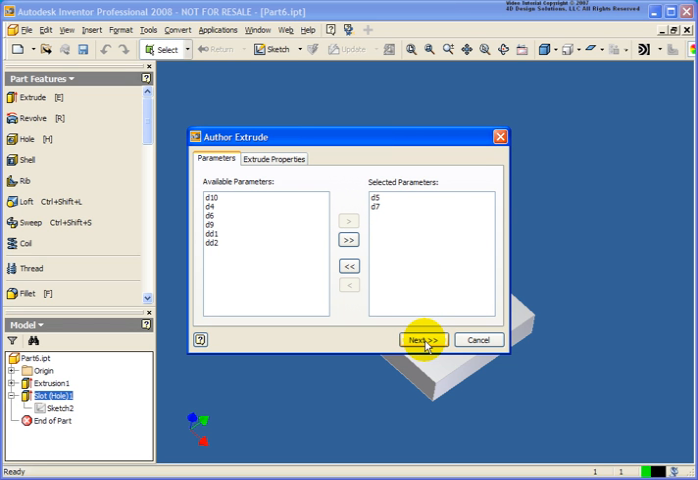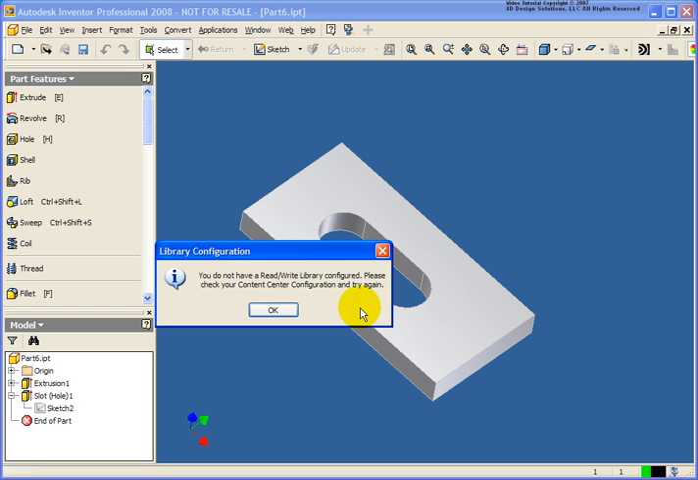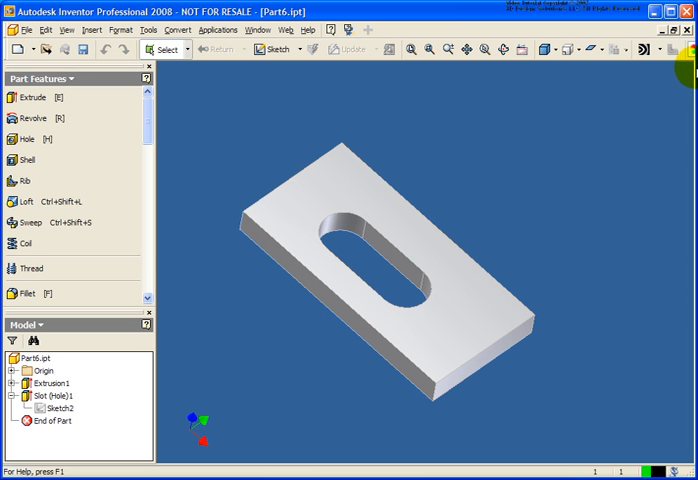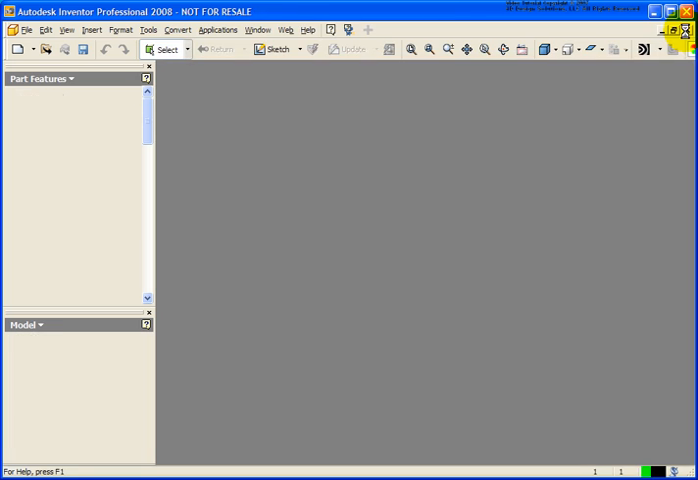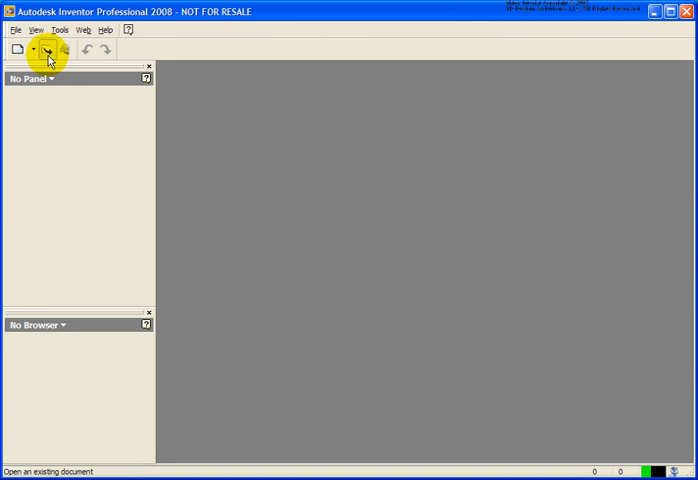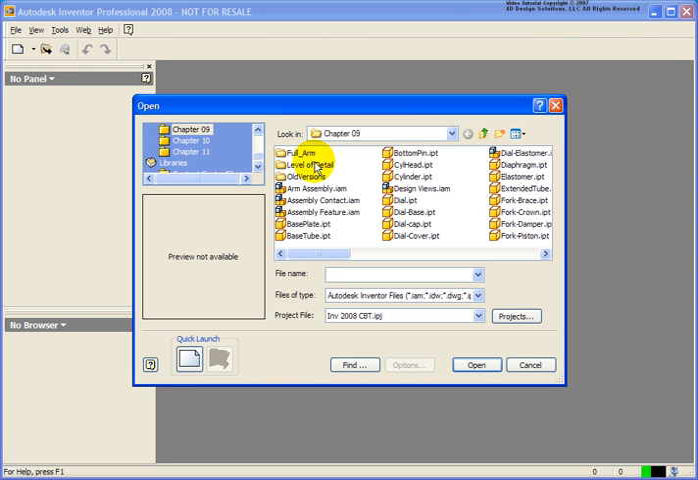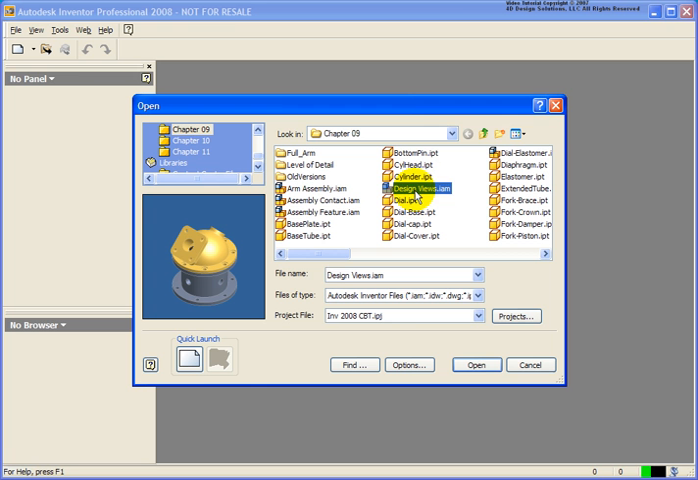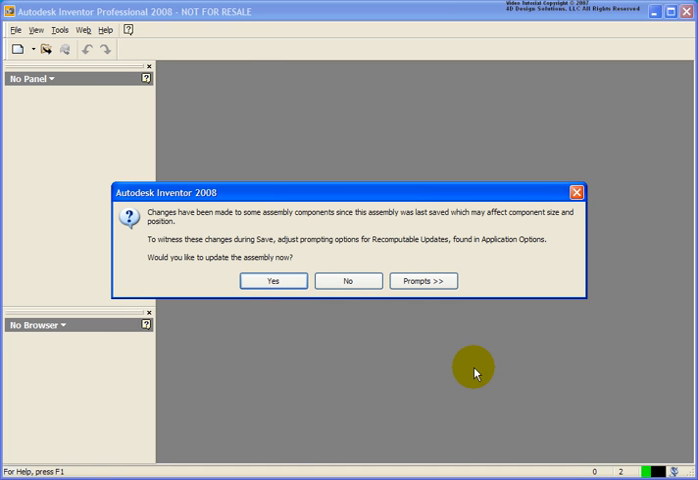But I didn't create a library for it to be placed. So if I did click on Next, a dialog box is going to pop up as shown here, stating that I need to go back and create a right library. So I'm going to close out of this file. And let's open up an assembly file. From the Chapter 9 exercise folder, I'm going to open up the designviews.iam file and we'll update the changes. So what I want